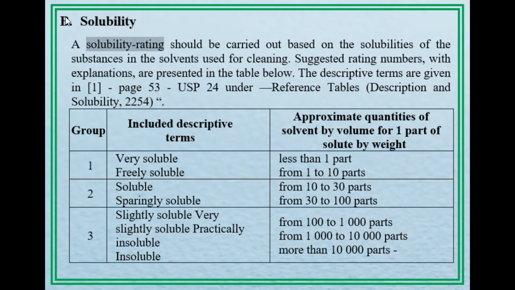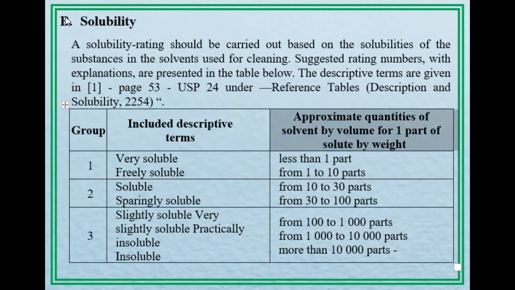Solubility. A solubility rating should be carried out based on the solubilities of the substances in the solvents used for cleaning. Suggested rating numbers, with explanations, are presented in the table below. The descriptive terms are given in 1, page 53, USP 24 under reference tables, description and solubility, 2254. Group. Included descriptive terms. Approximate quantities of solvent by volume for one part of